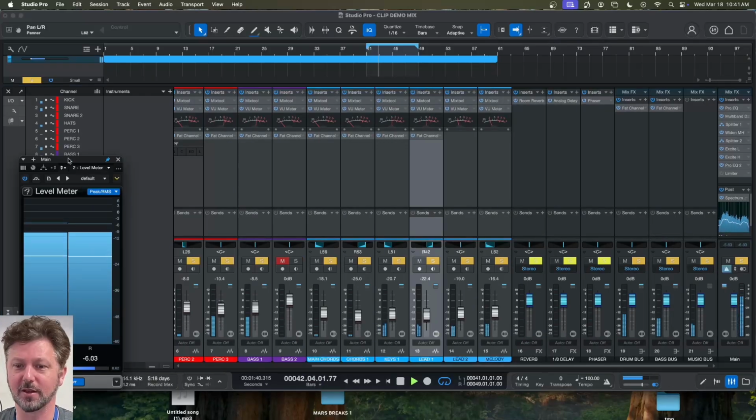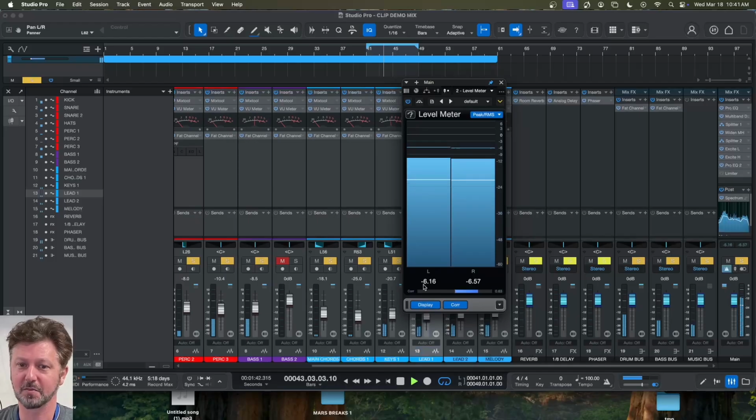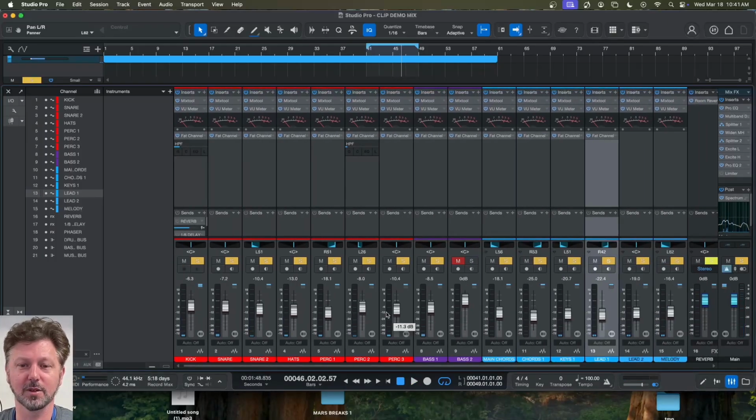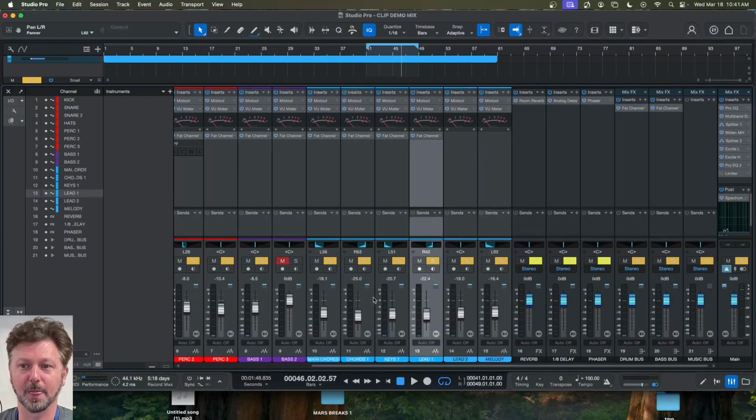And if I look here, these are all my sounds. Perfect. I'm at -6. And it's sounding really nice already. So that is volume and panning. Watching your meters and getting ready for the next